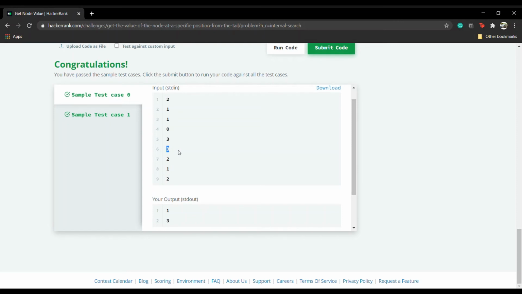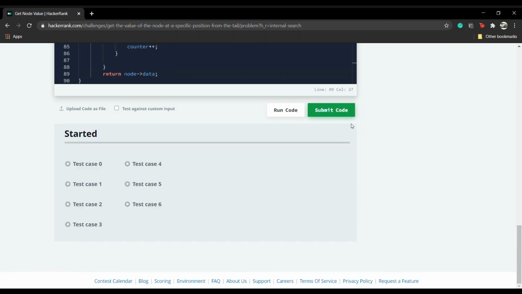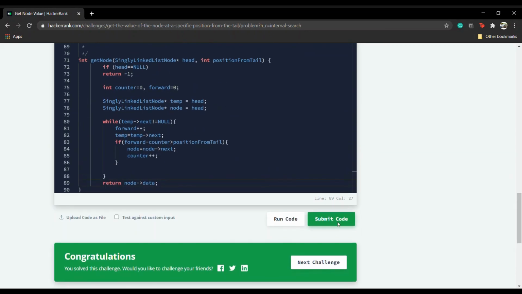At the second position we have 3 and that is what this code returns. So let's now submit the code. Great. So it has passed all test cases and I hope this was clear to you and thank you so much for watching.